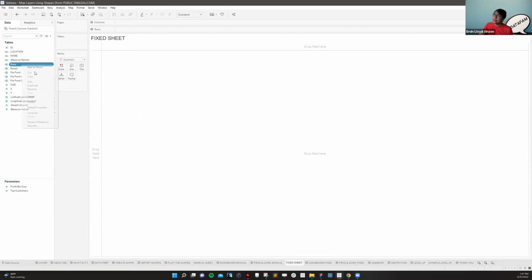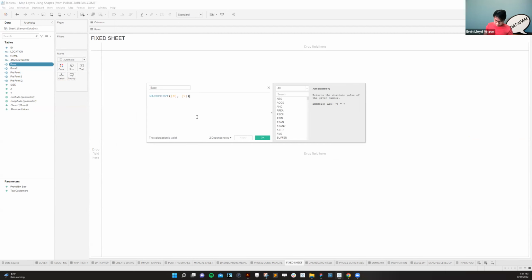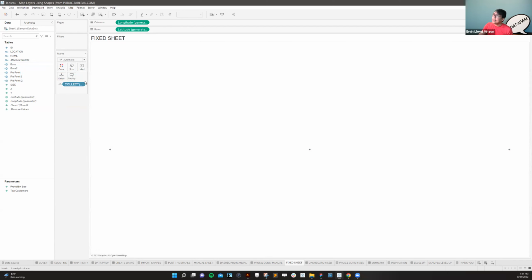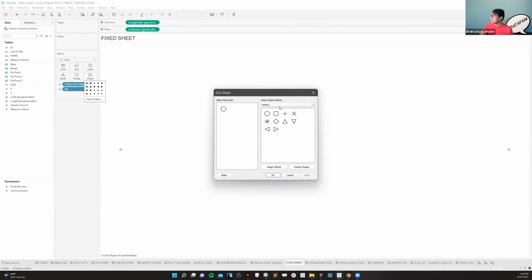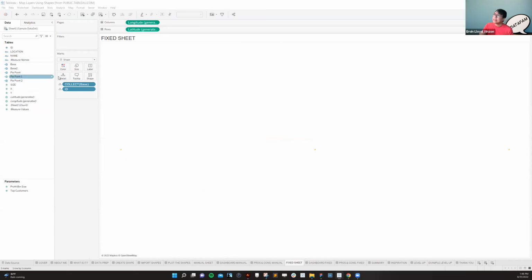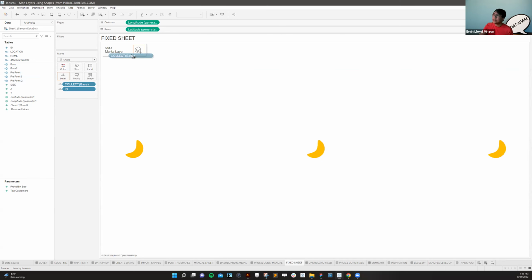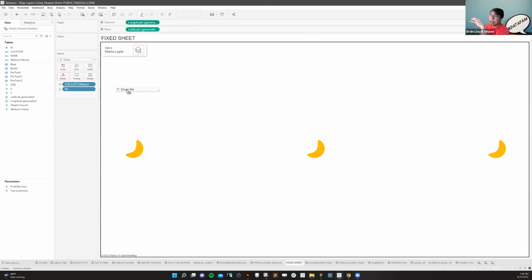So use this base or make point calculation, add this on detail, then change it to shape, then add an ID, then change the shape, then add the size or just the size, and using those, the first make point calculation that we made, we